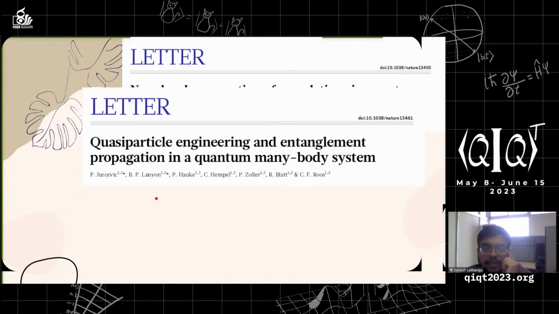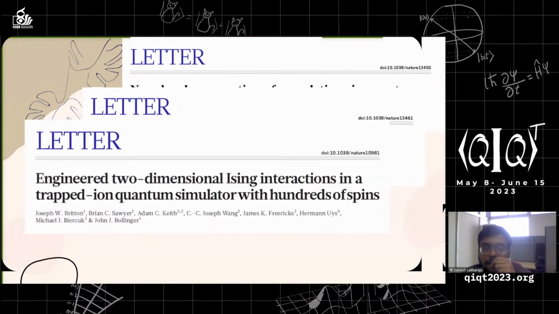I'm just flashing some of them here, especially this paper. Joseph Wright has shown that what we are talking about, the finite range interaction, is definitely possible in an ion trap system, and these are evidence that these are naturally occurring systems